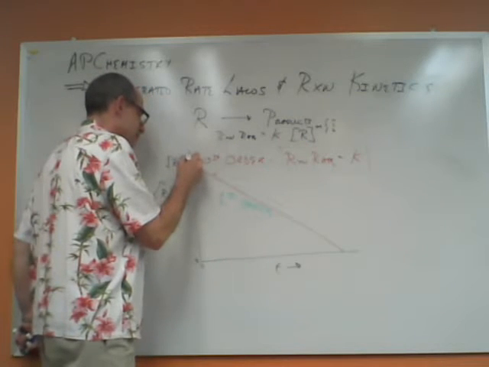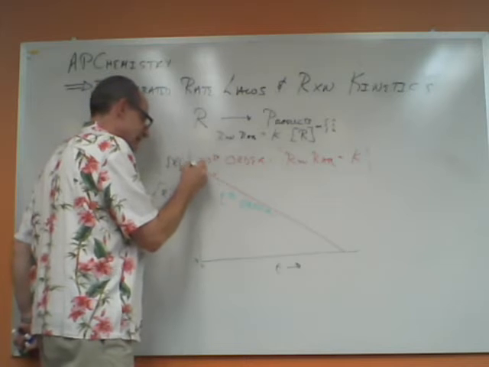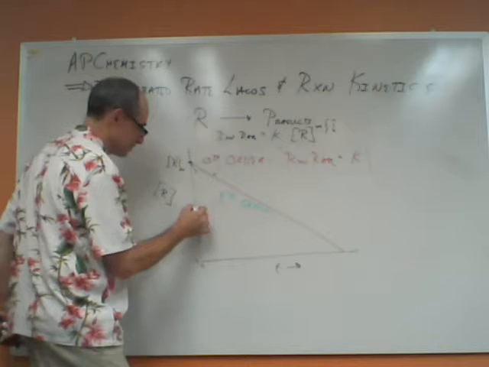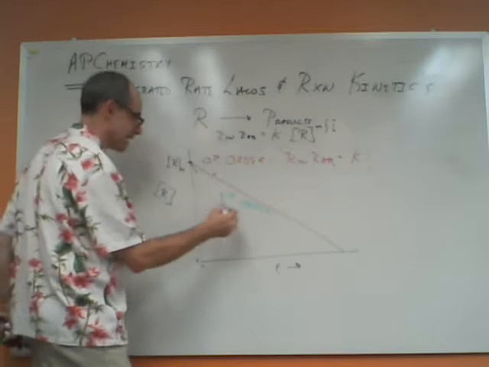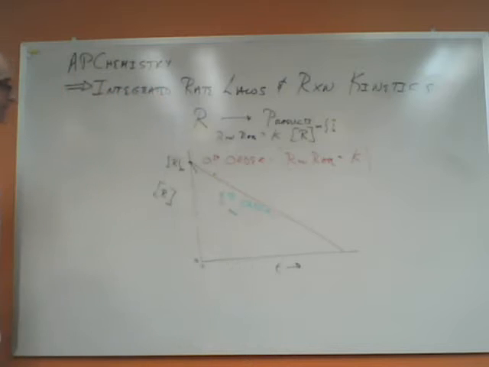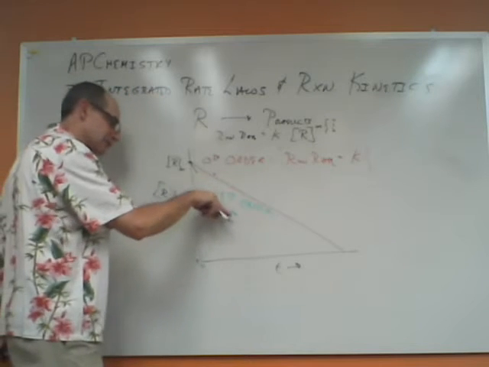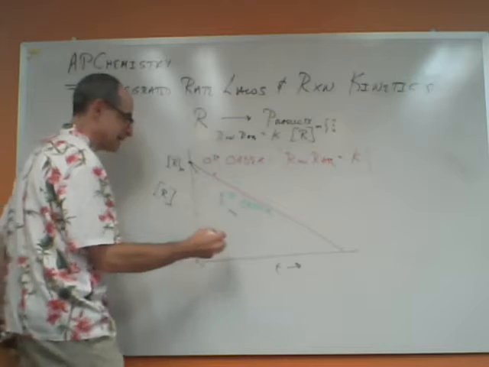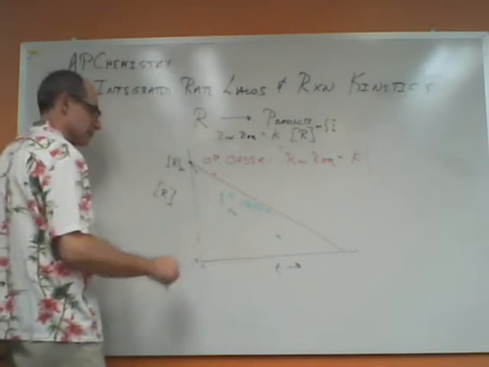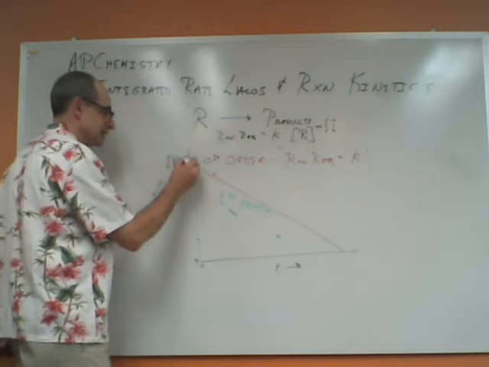So if we start off at this point with an initial reaction rate, a pretty steep slope, by the time we get to half the concentration of reactant, the reaction rate would be half as steep, and that would mean I'd have a curve that had half the slope, and then again I'd have half of this slope, half again, and I would generate a curve